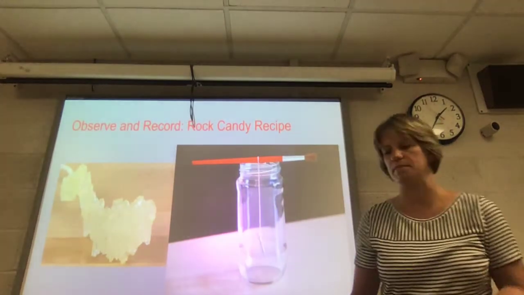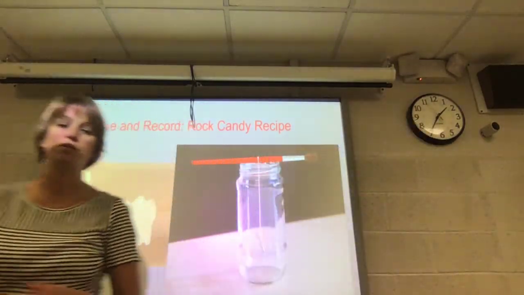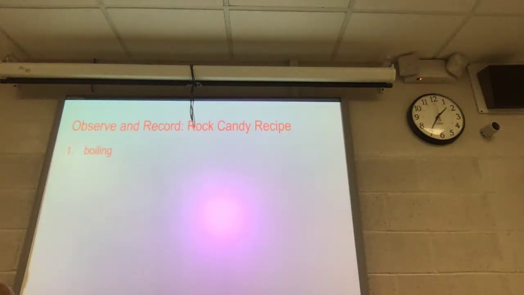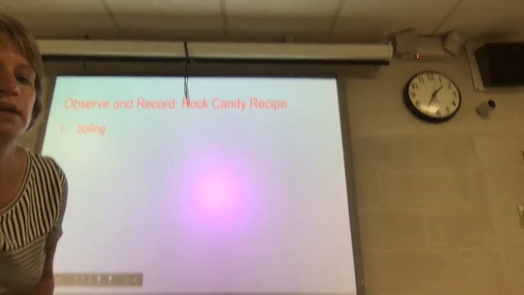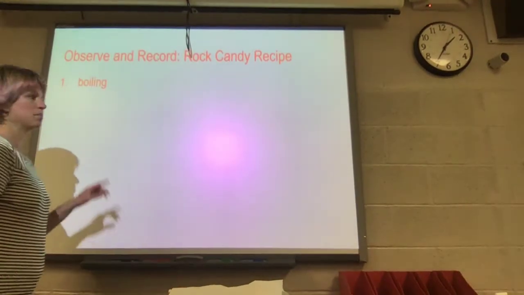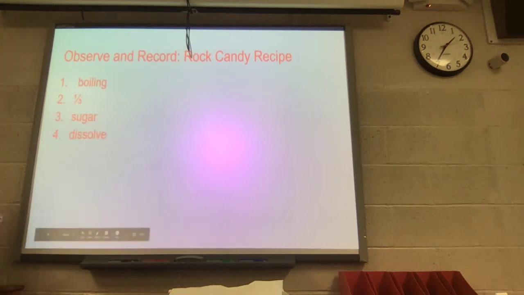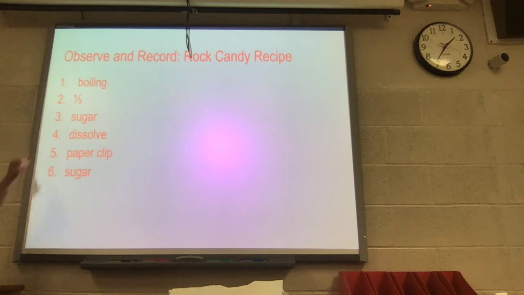Now, of course, I didn't type this in there, but the final step would be waiting. It's not going to happen immediately, but we'll start seeing changes. So now as you look up at the screen with me, our first step, remember, was to heat it to boiling, so that'd be number 1. 1/3 full with water, and then we keep adding sugar until it can't possibly dissolve anymore. That's how we knew when to stop. Okay, now 5 and 6,